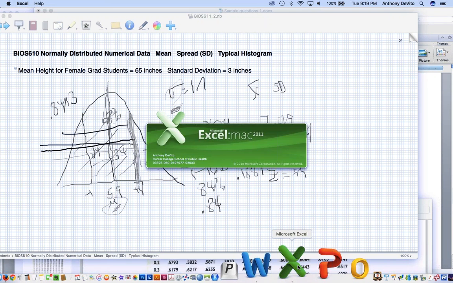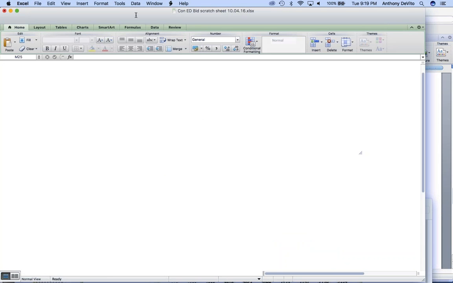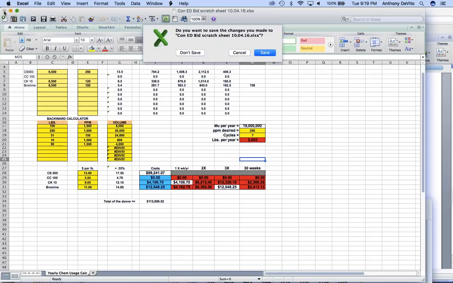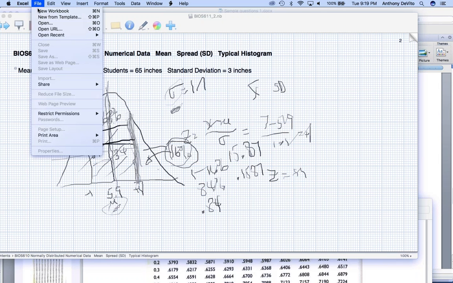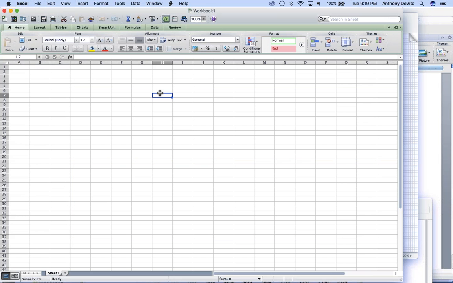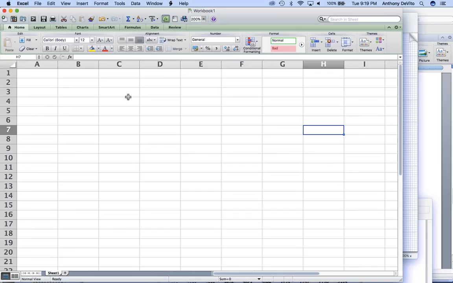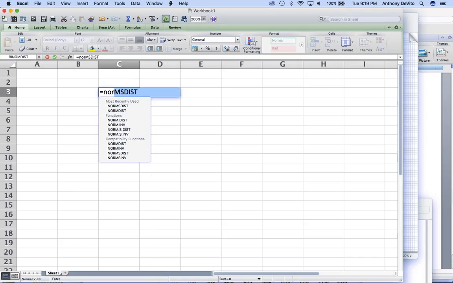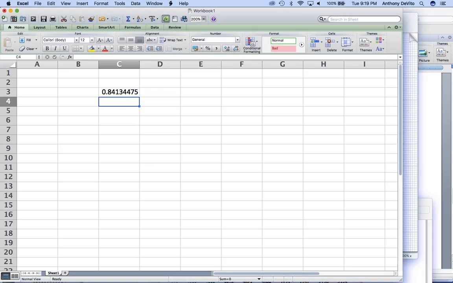is I could use Excel. Okay, and in Excel we could use a couple of functions here. We could use the standard normal distribution since we calculated z already and say equals NORM.S.DIST, parentheses, and now it's asking me for the z-score. So z-score of +1 would represent an area to the left of that z-score of 0.8413, same number I got